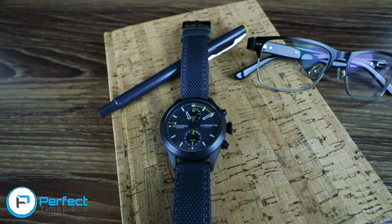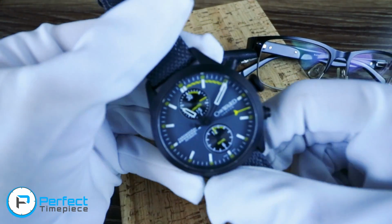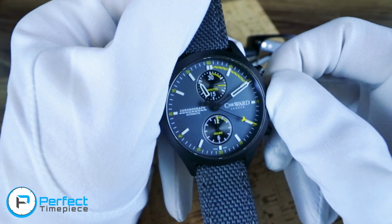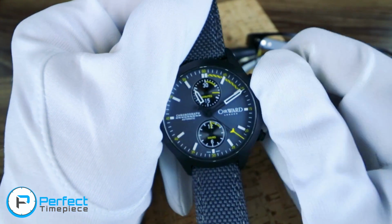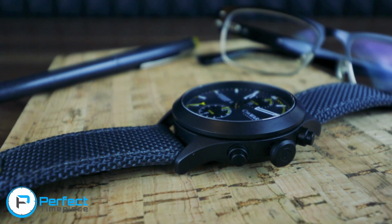But how about actually operating the watch? Well, as I previously mentioned, the chronograph functions are incredibly satisfying to use, and the crown of the watch is large enough to wind it smoothly. The only negative would be that all 3 of these things do not screw down, and thus the watch has a water resistance of only 50 meters. I feel okay wearing this watch in light rain, but if it was pouring, I would be a bit concerned